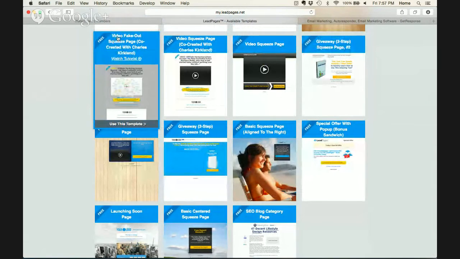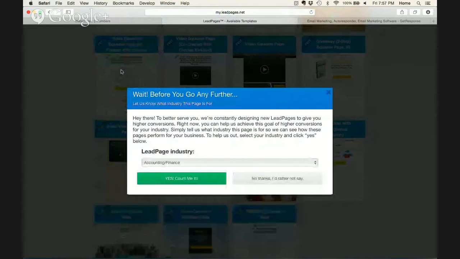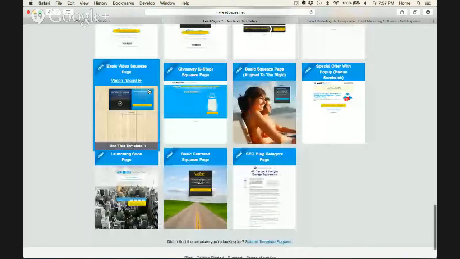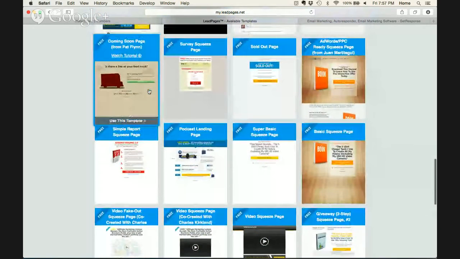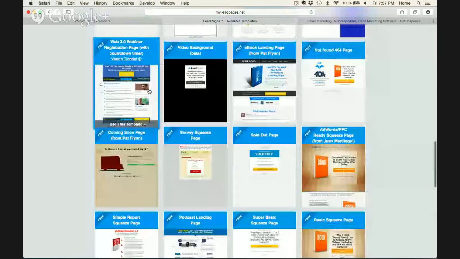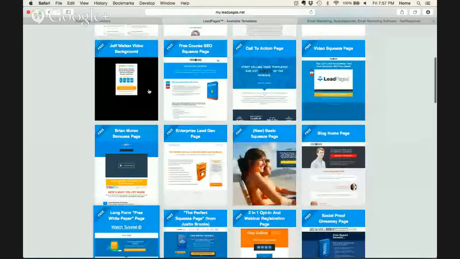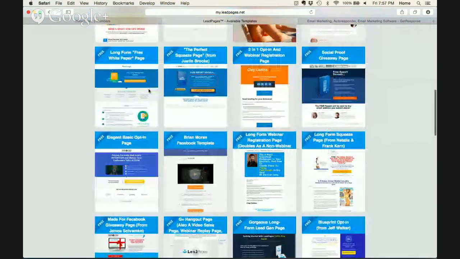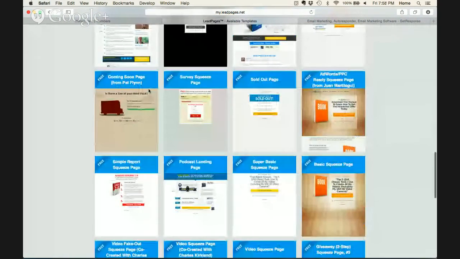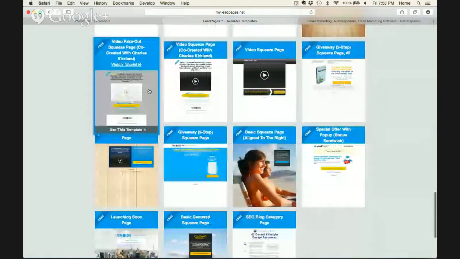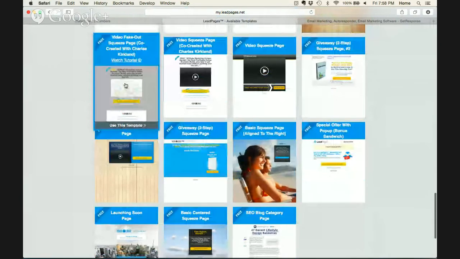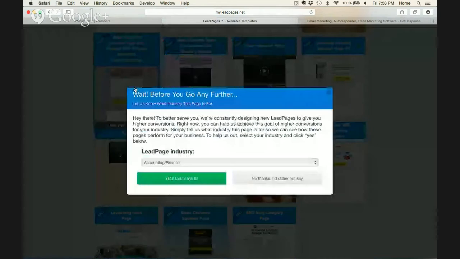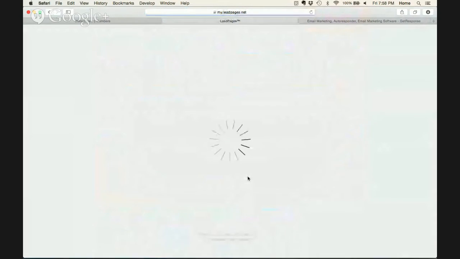It says up here, video fake out squeeze page, co-created with Charles Kirkland. Okay, so we're going to use that template. Now be careful, there's two of these pages. Somewhere around here there is. I swear there's another one, and it actually allows you to embed a video. I know, because I used it by mistake once. Anyway, whatever. Video fake out squeeze page, co-created with Charles Kirkland,